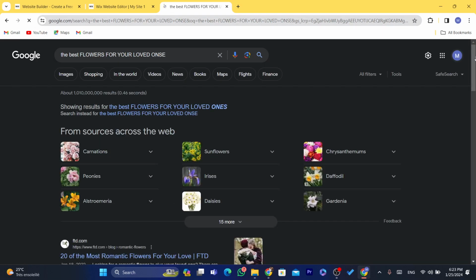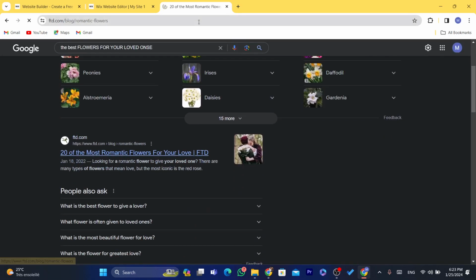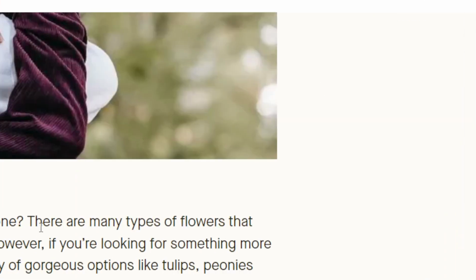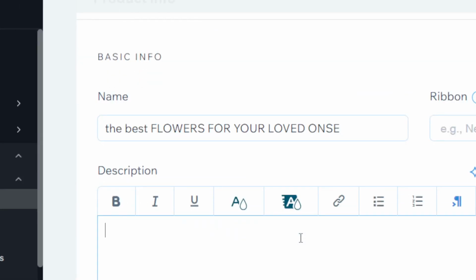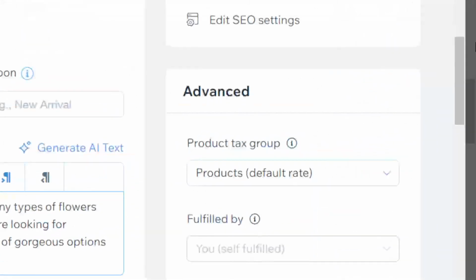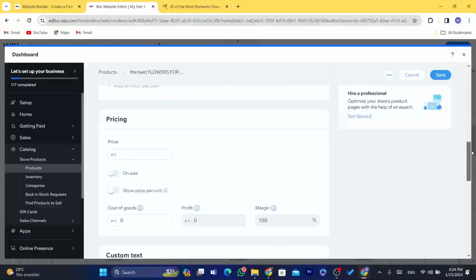I'm going to find a random description here. I'm going to get this one, for example. Looking for a romantic flower to give. I'm going to add this description here. And okay, the price, you want to add the price of the item. Okay, I'm going to add, for example, $200,